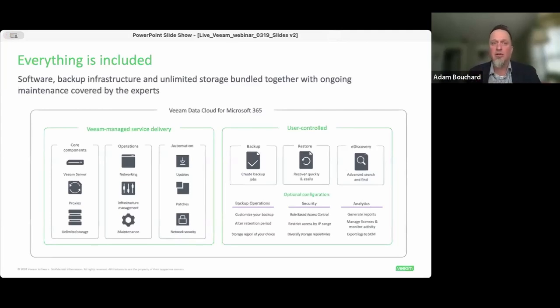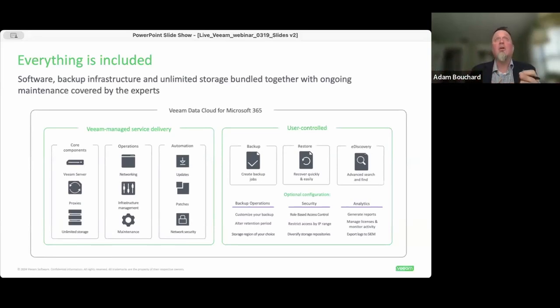We like to say everything is included. So in Veeam Data Cloud, all of your cloud infrastructure is included in the solution. That's your servers, your proxies, your updates, your patches, and all that good fun stuff when it comes to actually running the infrastructure to host the 365 environment. And what most institutions really love is that on the bottom left-hand side, there is the unlimited storage structure. So Veeam Data Cloud provides you with this cloud infrastructure with unlimited storage where your data can sit.